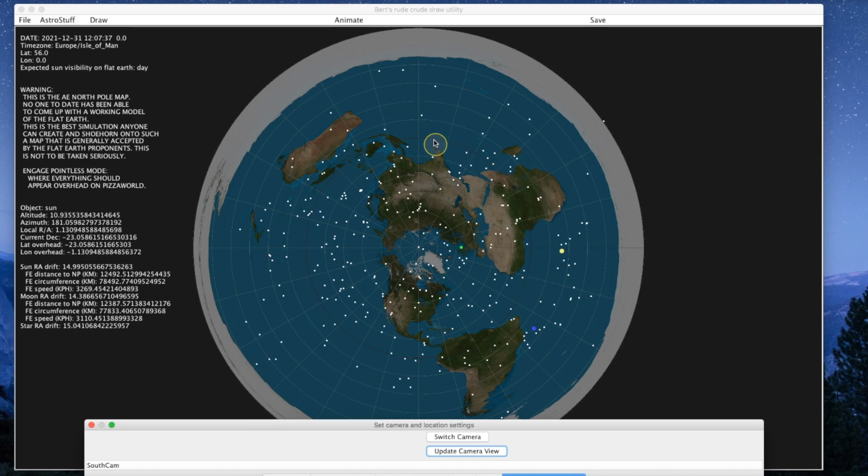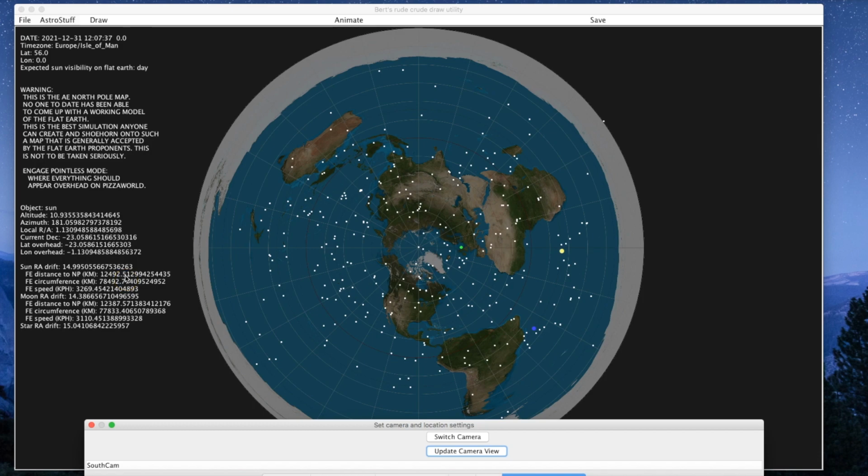So I'm going to go back to the globe projection on the AE map. I'm going to talk about this part now. So as we know, every degree of latitude is 60 nautical miles, or it works out to 111 kilometers per degree. And we know that the sun is at a latitude of 23.059 degrees south. So we add 23 to 90, that gives us 113 degrees times 111 kilometers per degree. That would give this distance from where the sun currently is to the North Pole